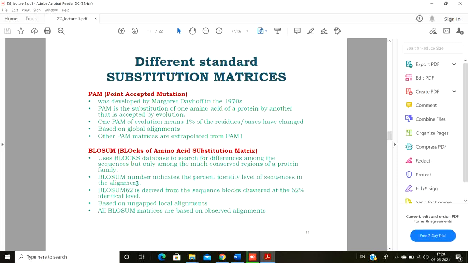Okay, I'm going to say next. Just remember this BLOSUM. Margaret Dayhoff created the PAM. This BLOSUM was actually developed by Henikoff. And as I've said, this is only used for its calculation: only blocks of amino acid